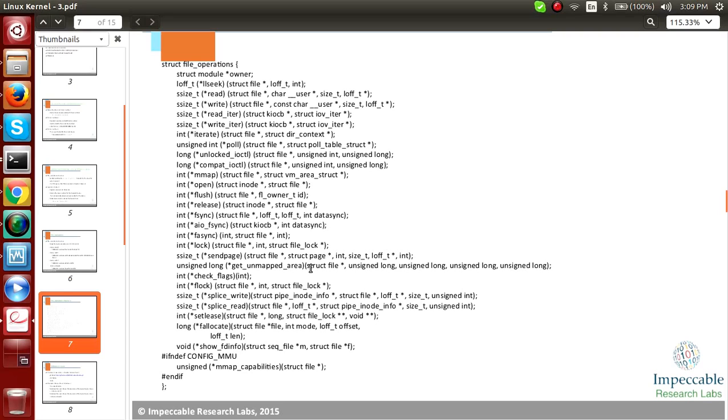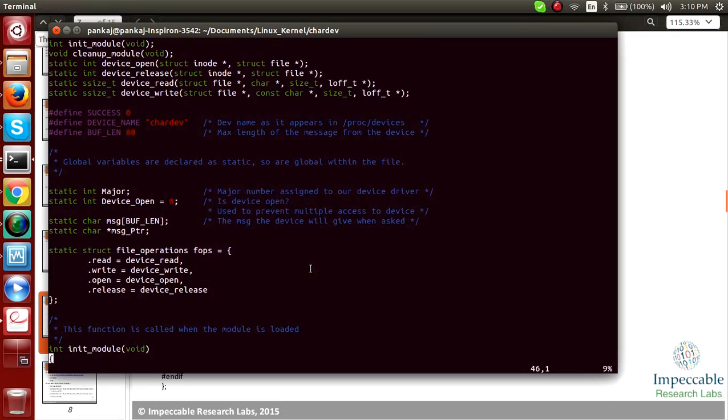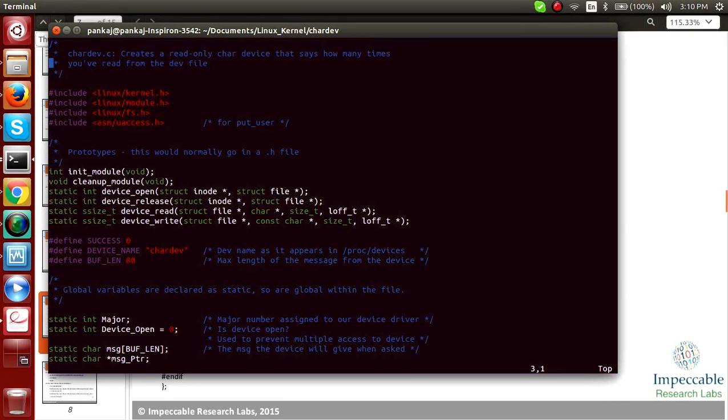Once you initialize your operations with these function pointers with the defined declaration, you will be able to call your device or module functions from the outside, from your application. So what we have done here is I have created a fops object.